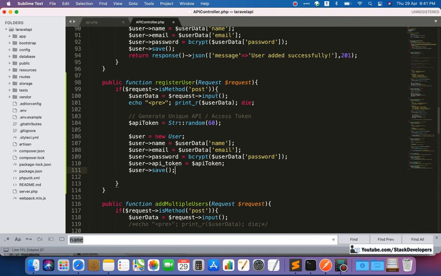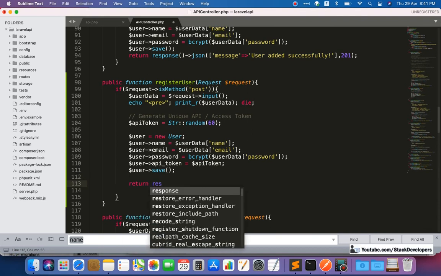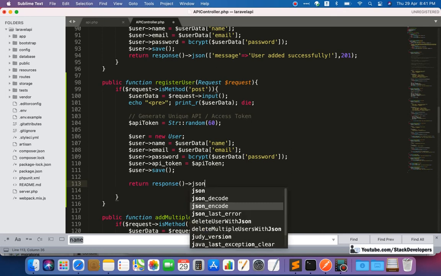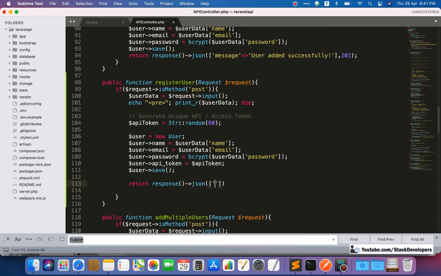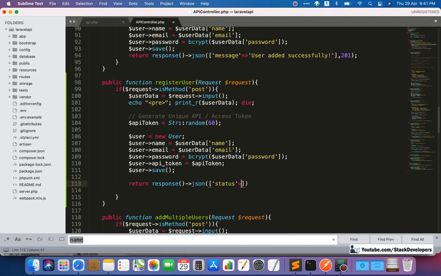After inserting the user we will send the response as success. We will do it like JSON, and after that we are going to send the status as true.